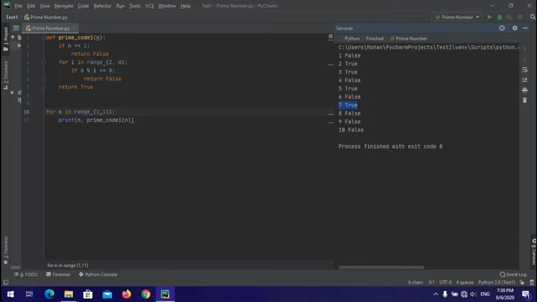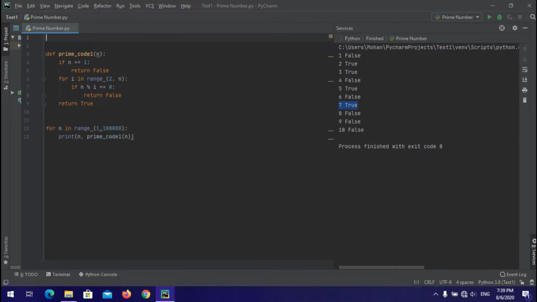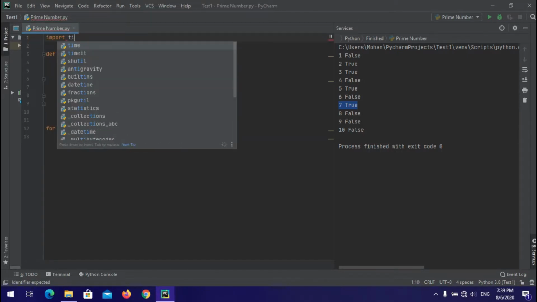But is our code enough to crack large numbers? Just look at this. If I pass 1 lakh numbers, then what is the performance of our code? I will check the time taken by our code by simply using the time function.